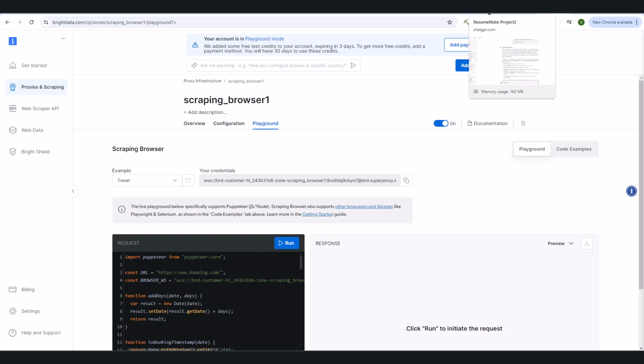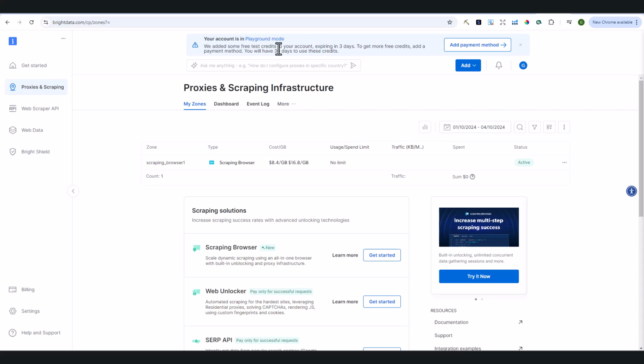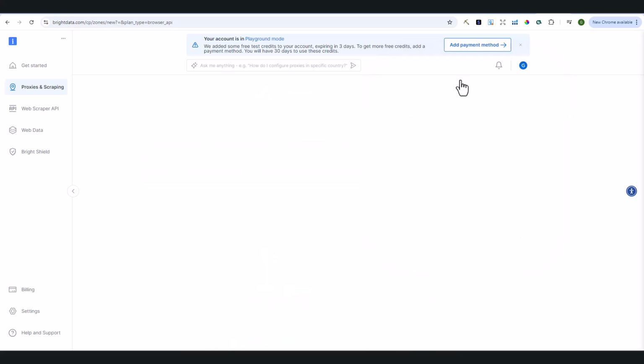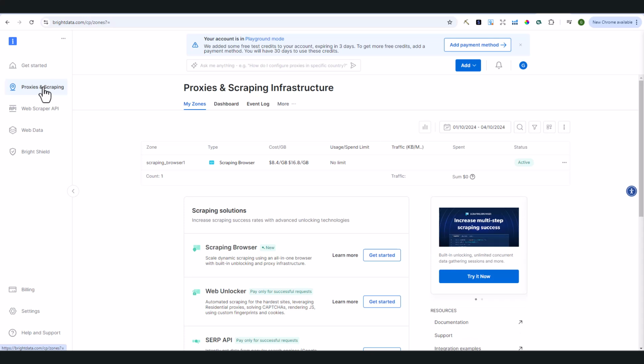If you really want to scrape stuff online, you can click on their getting started. And so I have my key. Basically you can use it for free. In this case they will give you like 3 days, I guess, and then you can just set up your key by simply clicking add, selecting scraping browser in this case, and then once you do that, you select the zone name. You can just leave it as default, leave it as zone any one, just click add, and then it's going to show you your ID, which you can copy and paste in your code, which I'm going to show